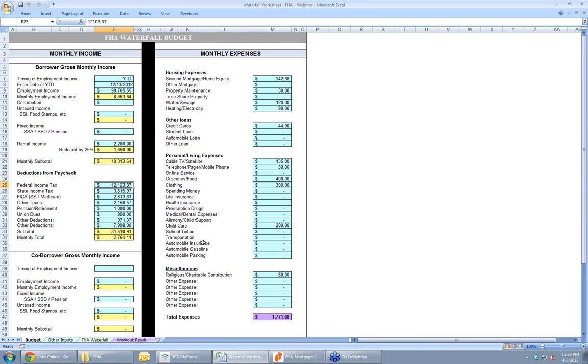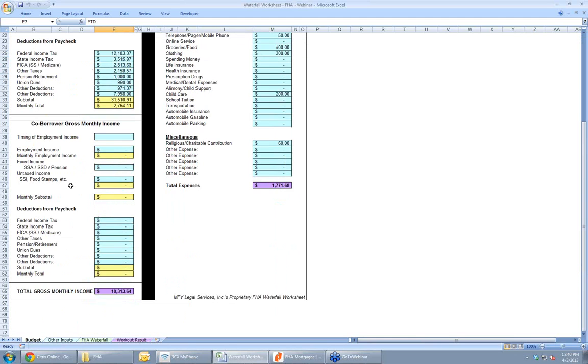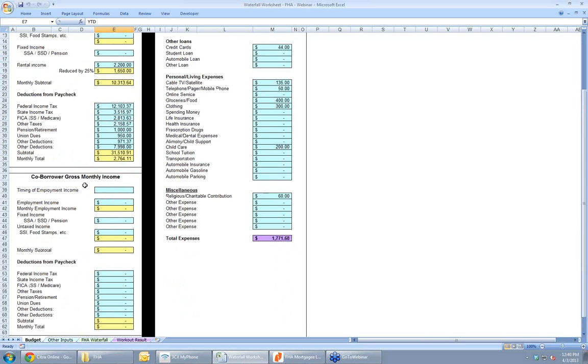So here, you'll need to see their paycheck if they're, say, a W-2 employee, and go through and enter in the total deductions by these categories that we've already broken down here. And you'll note that this works in tandem with the timing of employment box that you've selected above. So all of these deductions are year-to-date deductions based on that pay stub. And then the totaling down here factors in where we are in the year and makes it a monthly deduction amount. You have that same functionality here with the co-borrower, basically the same fields with the exception of